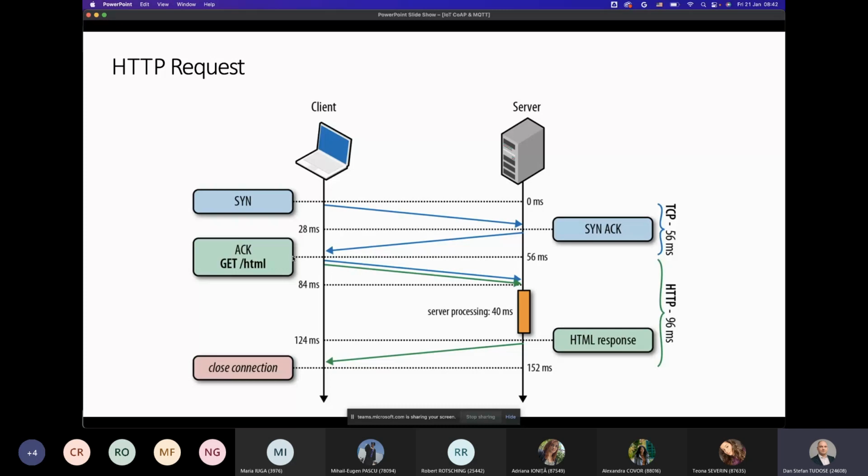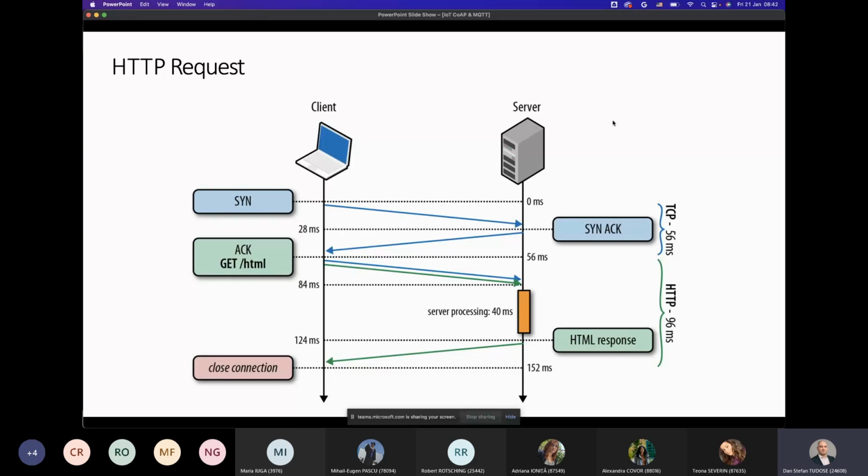So you would get a GET method from the client to the server, and then the server prepares the HTML response. And after a while, it would send you the HTML response. And then usually the communication would close. So there are not a lot of states here for the simple query for an HTTP request. It could be a GET, it could be a POST, it could be something else. I mean, it doesn't need to be particularly GET here.